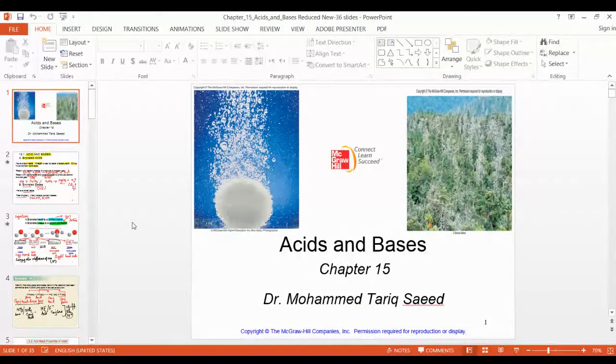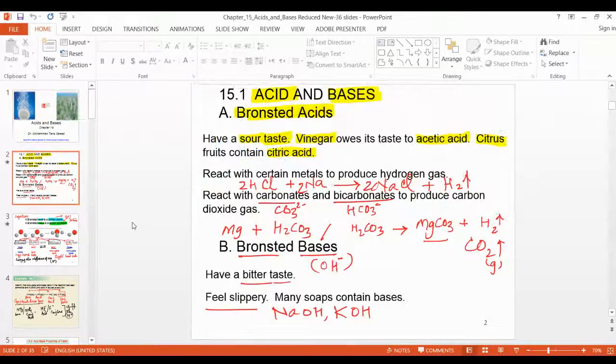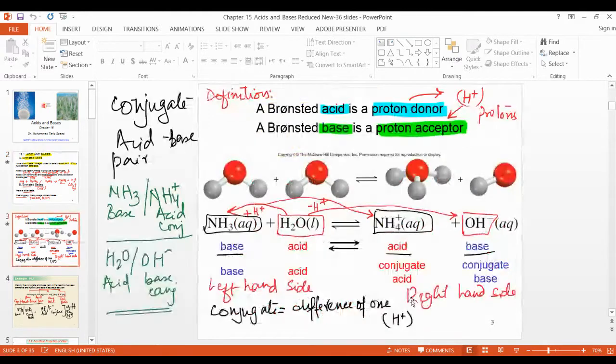Okay. Acid base, you should know the definition of Bronsted acid and Bronsted base. If this question will be asked, this is all Bronsted acid and Bronsted base with examples already given here. So just for the practice, HCl, sodium hydroxide, hydrochloric acid, sodium react with this. So these are simple acid and base. These are the properties, right?